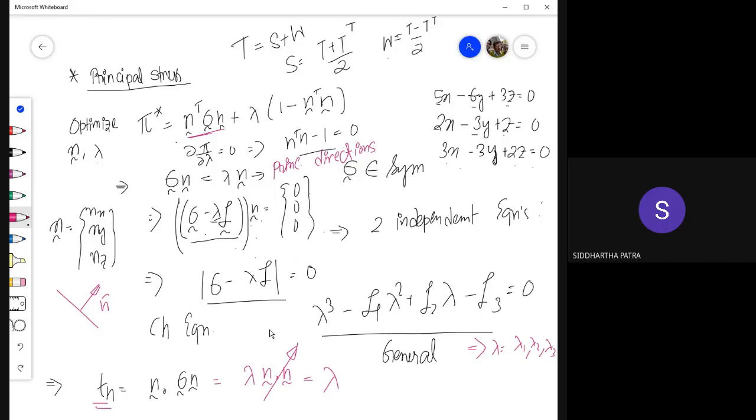because n dot n, or n transpose n, is actually unity, right? n dot n, because n is the unit normal. You see, so this Tn, the principal stress, the optimum normal traction that we are talking about, is actually the eigenvalue itself. Okay,